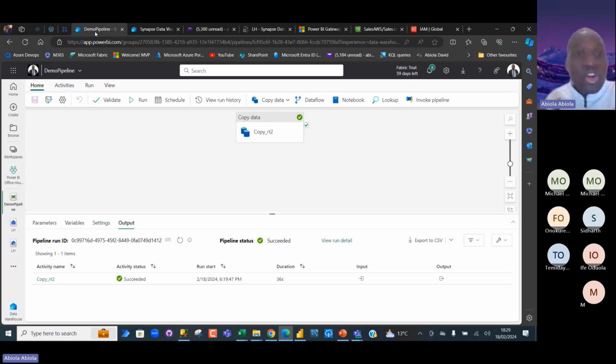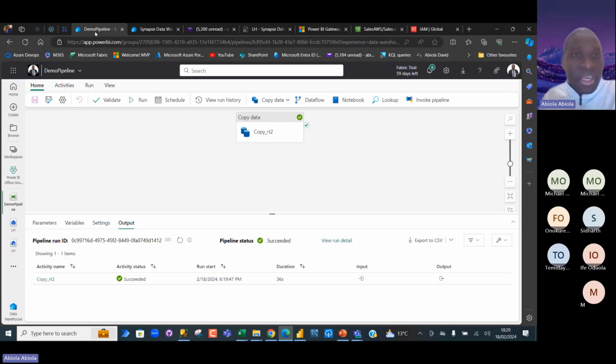Now, this functionality is not possible in the lakehouse, except if you use the notebook to invoke all the security measures. So in the warehouse, you can easily perform row level security if you don't want unauthorized users to access some tables or some columns of data. You can use dynamic masking.